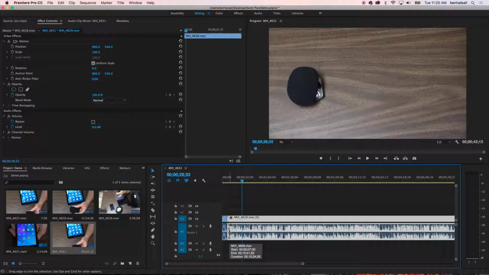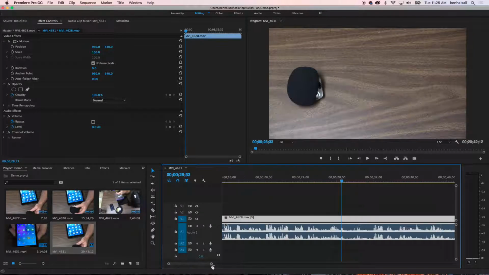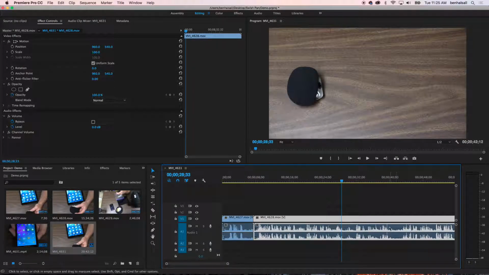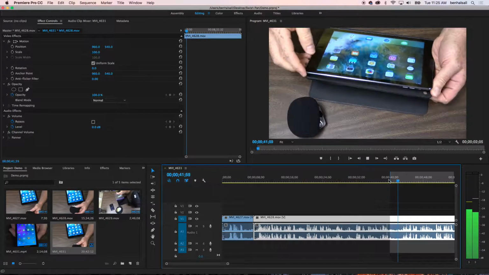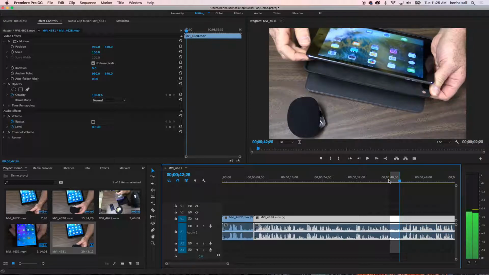So if you're cutting to someone presenting something, then being able to see where they pause or stop talking helps you to cut out parts of the timeline more quickly. So if we have a look here, then you can see where my pauses are here. I can mark an in point. So I'm just using J, K, and L to move through the timeline, and out point,